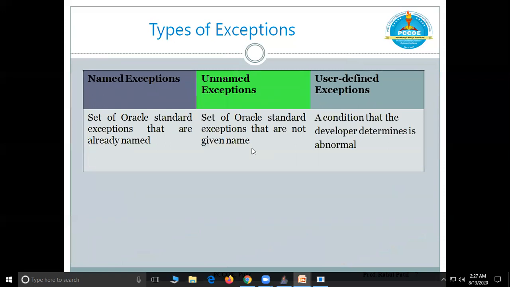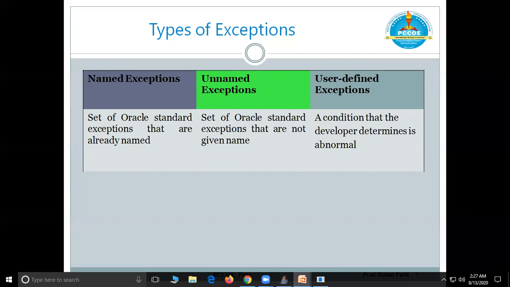So in Oracle, we basically have two types of exceptions. One type is built-in exceptions, and the other is user-defined exceptions. Exceptions are error conditions. Oracle has already defined certain error conditions.